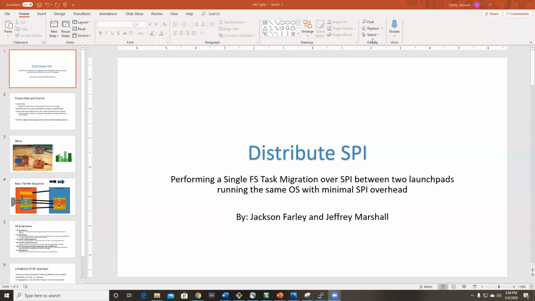Hi everyone, my name is Jackson Farley and I've done a project with Jeffrey Marshall about a distributed SPI project for our real-time operating systems class. The goal of our project is to perform a task migration at process granularity over a serial peripheral interface connection